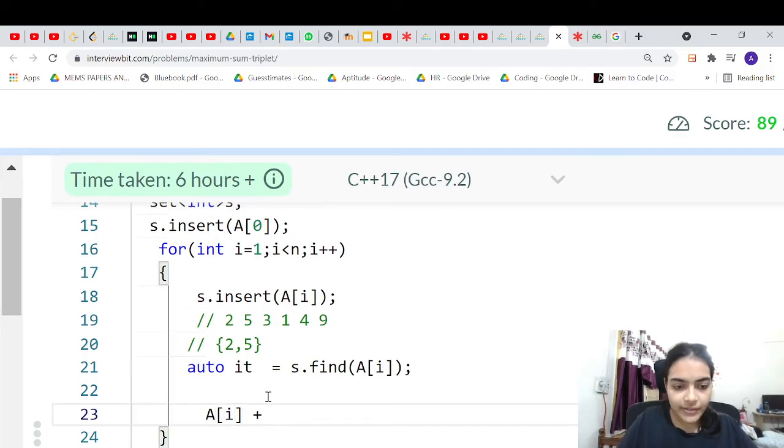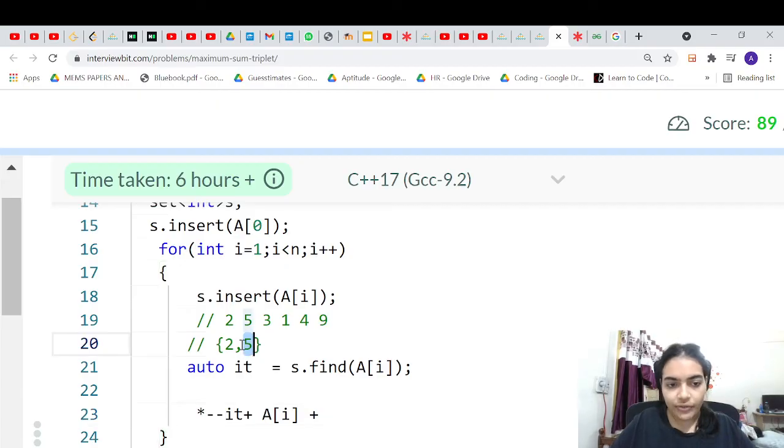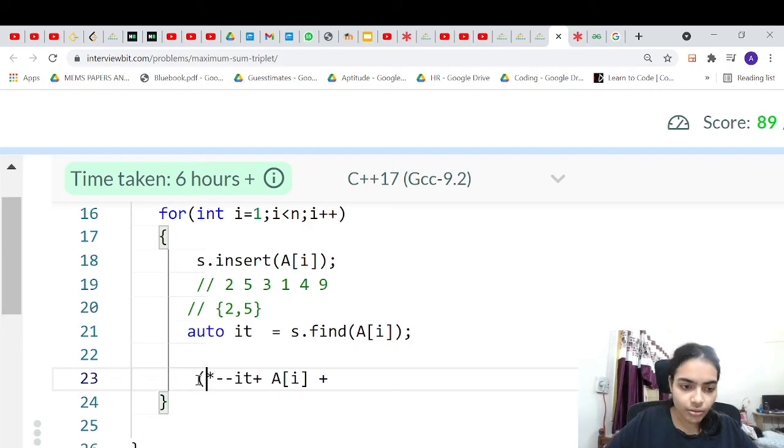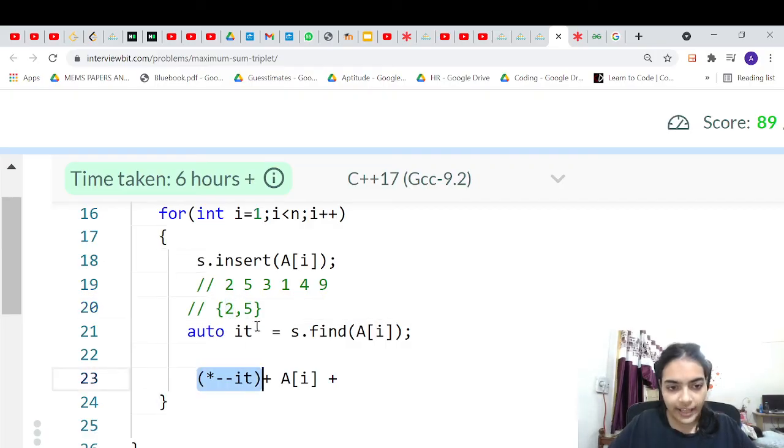The element which is to the left of it, suppose your iterator is at 5, the element which is previous to it will be at 2, right? So just take it minus one, so it will point towards 2. And for getting the value, you can use the star operator. So this will give you 2, and this is 5.